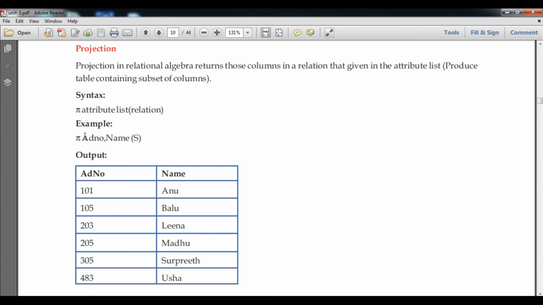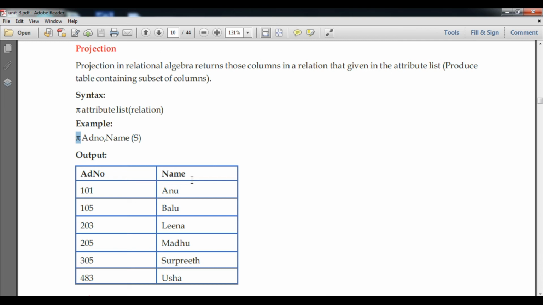If we access the attributes admission number and name of the students, all the admission numbers and all the names in the table will be shown, whether the student is from 6th, 12th or 10th: Anu, Balu, Leela, Madhu, Surpreet, Usha and all admission numbers. So projection is a way to get the columnar or attribute data of a relation or table.